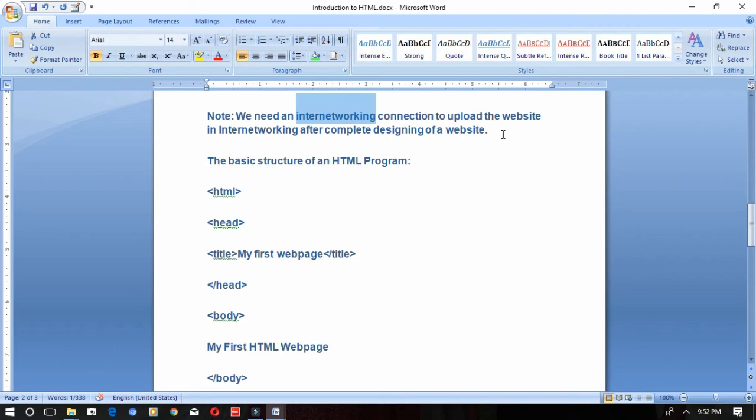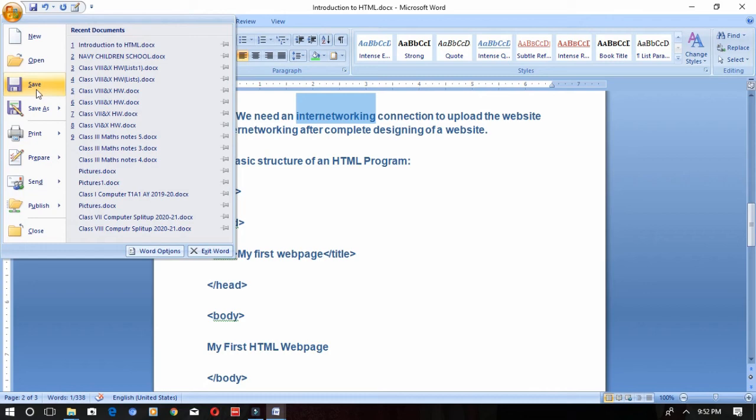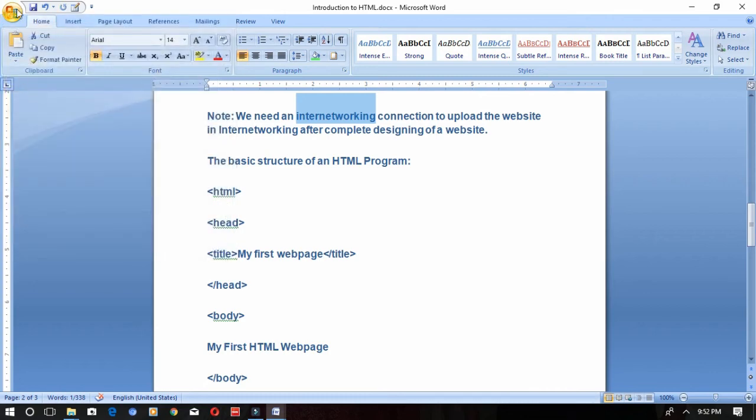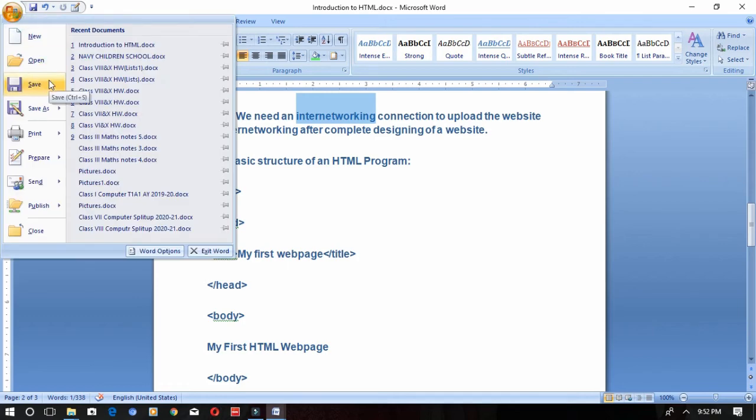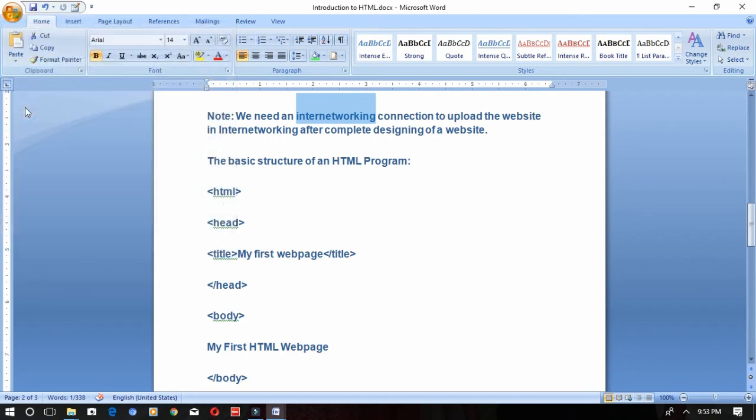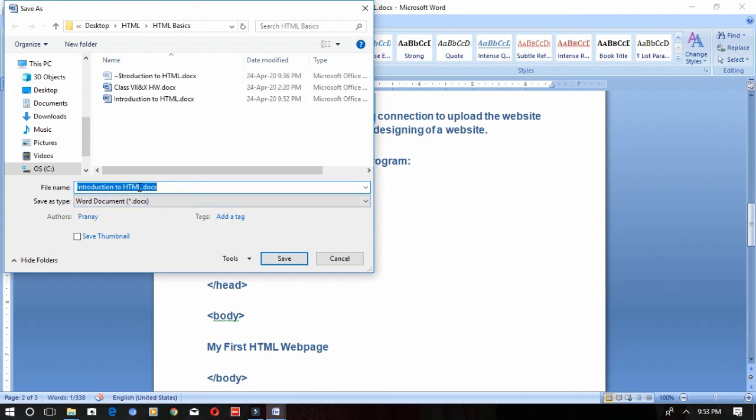Okay, now let's see how to close and exit. What is the difference between closing and exiting? Let's see what is save and save as, what is close and exit. Now see, save. The first time you are saving a document, you have to go to the save option. If you have already saved it, and again you want to save in the same place because some update has happened, you can just save it. If you wanted to save the updated version in some other location, what should you do? Go to save as and save it in some other place.